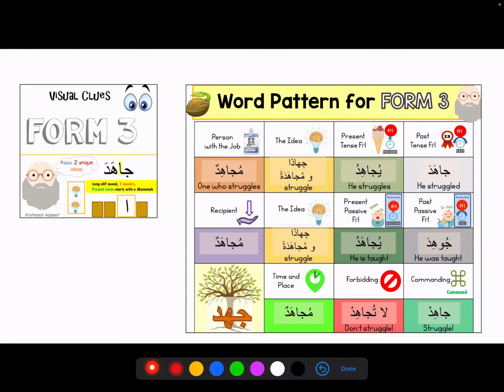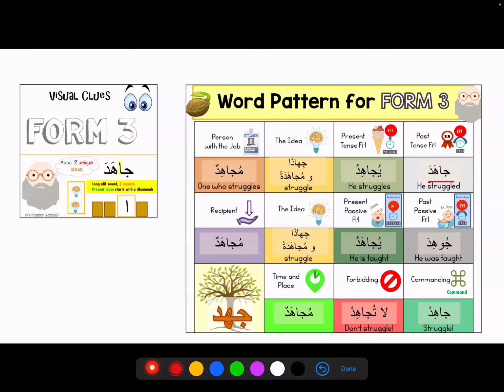So it has all fathas except mim. So these 3 names we need to remember: Bab Fa'ala, Bab Jahada, Bab Jihadan, or Bab Mujahadatan. So all things are good. So let's read through. This is our Sarf Saghir over here.